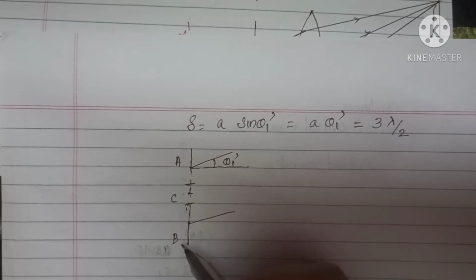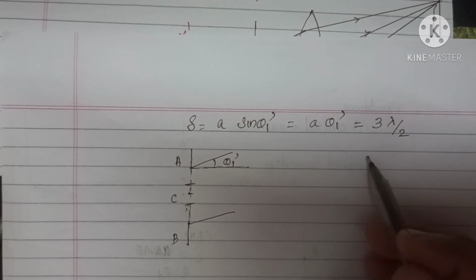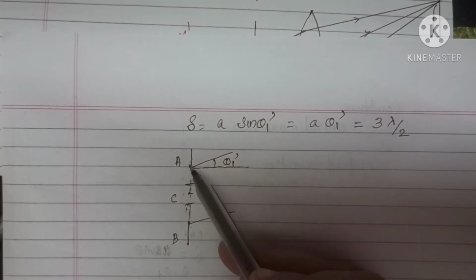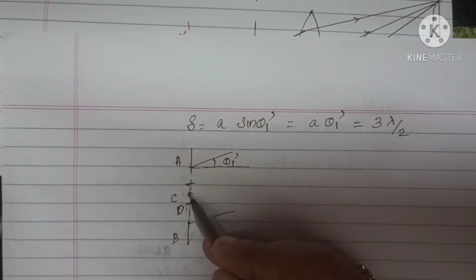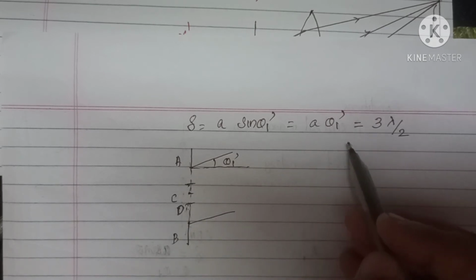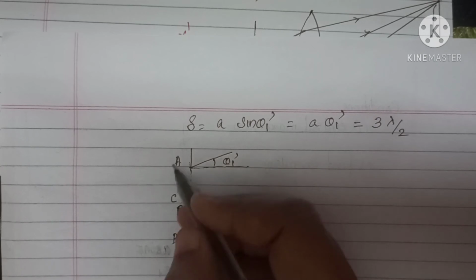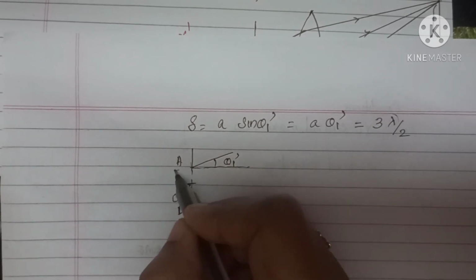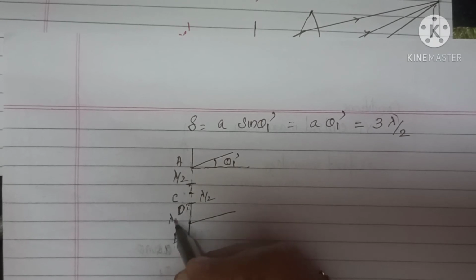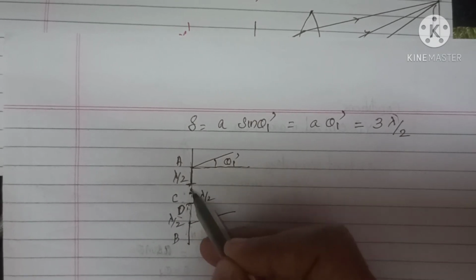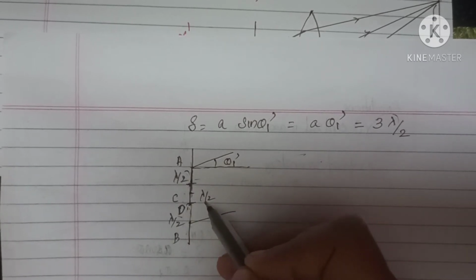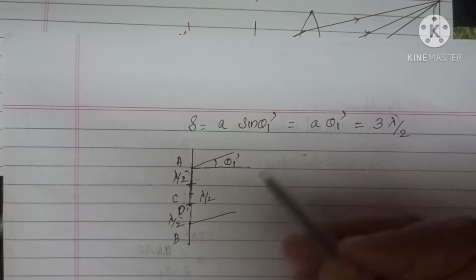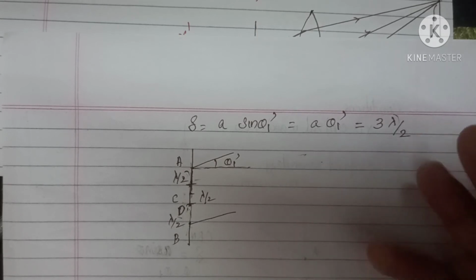Now the explanation goes like this. The wavelets reaching the point P1 dash from the corresponding points of the parts AC, here you can give a name, that will be better, as well as from CD, will reach P1 dash with a path difference of lambda by 2. So this is 3 lambda by 2, right? So it will be lambda by 2, lambda by 2 and again lambda by 2. So what will happen is they will destructively interfere. Destructive interference will happen, so there will be only dark.